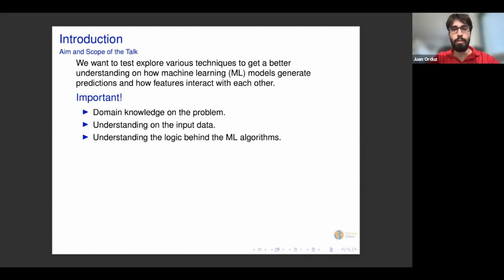But before going into this type of techniques, we need to take a step back and really emphasize that what is really important is to understand the data and the problem. Even before fitting an algorithm, we must understand the context of the problem that we're trying to solve. Secondly, we need to understand the input data, the sources, the biases, and the limitations, because that's definitely going to impact the way the machine learning algorithm outputs predictions. And last but not least, I would argue that in spite of the fact that models are becoming more complex, we need to understand the logic behind the algorithms. For example, the difference between a linear model and a tree-based model.